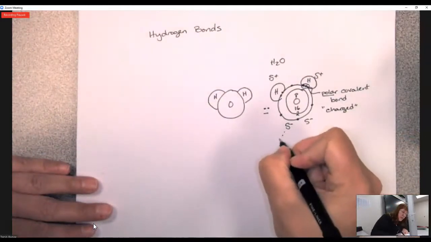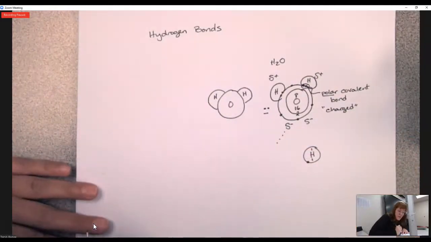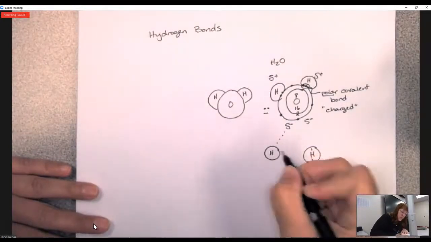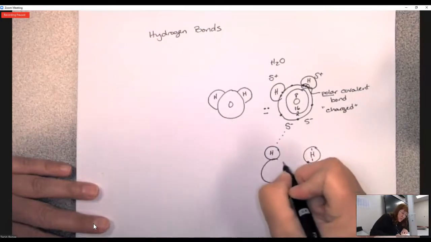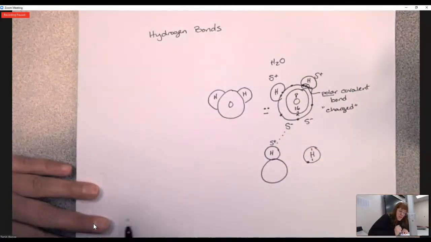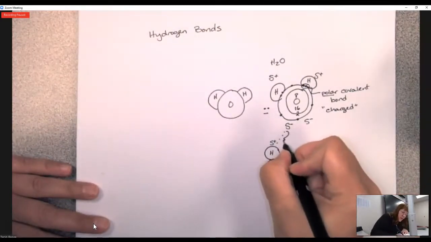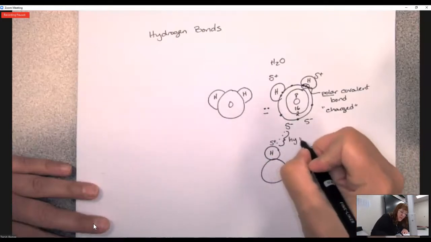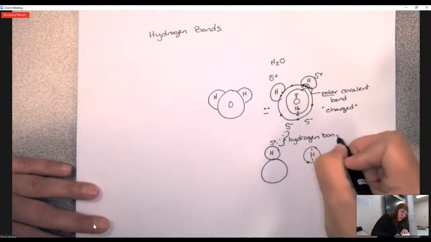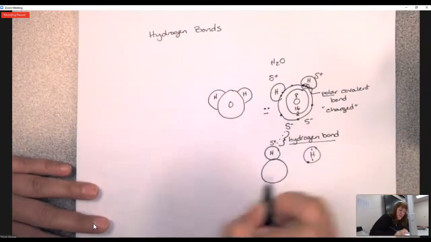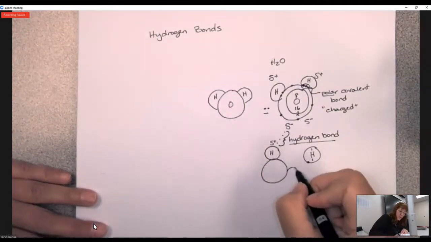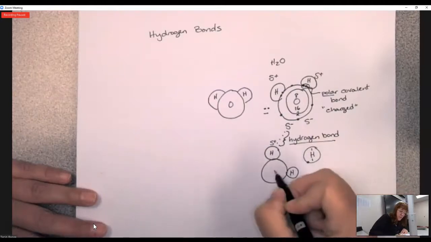So the slightly negative charge, we draw it with dots, is going to be attracted to the slightly positive charge on the hydrogen atom. So this slight positive charge is going to attract the slight negative charge, and by drawing it dotted, we are saying this is a weak and transient bond. So hydrogen bond is epic and amazing, and we love them because it gives water all the amazing properties that it has. So we do want to review